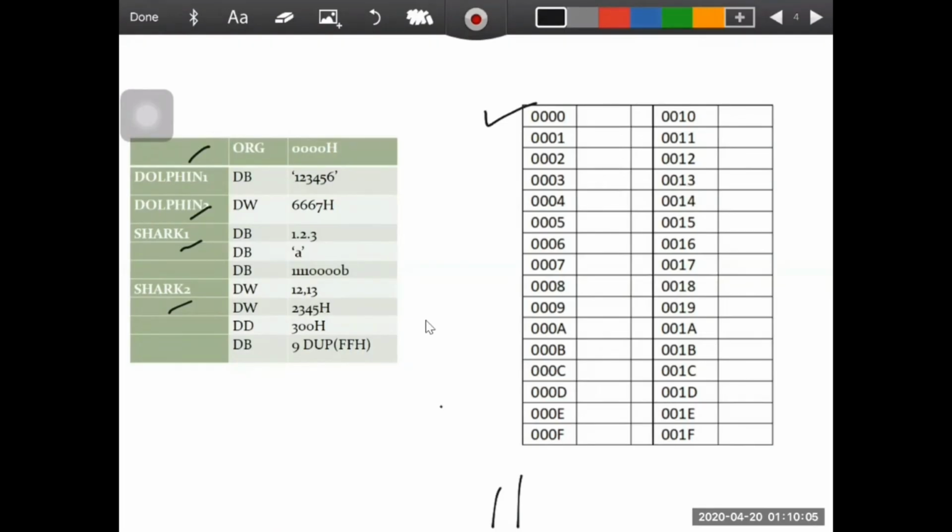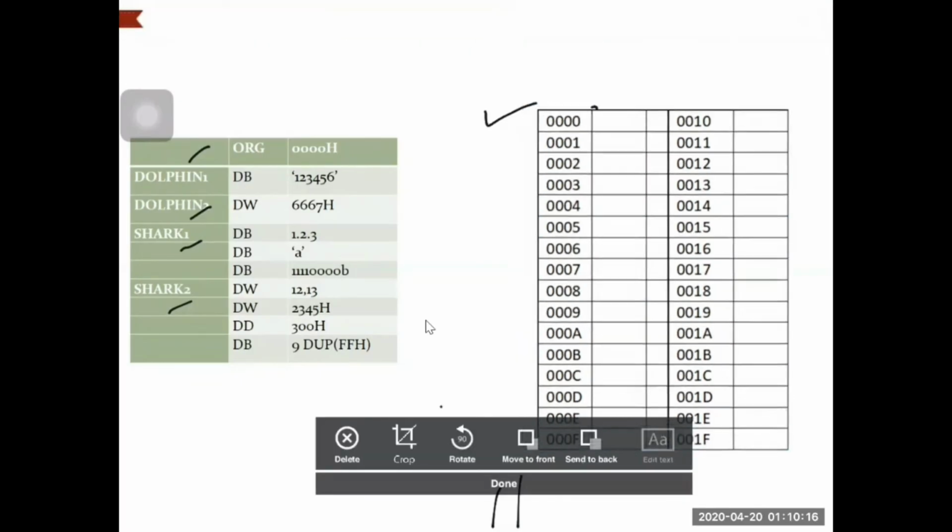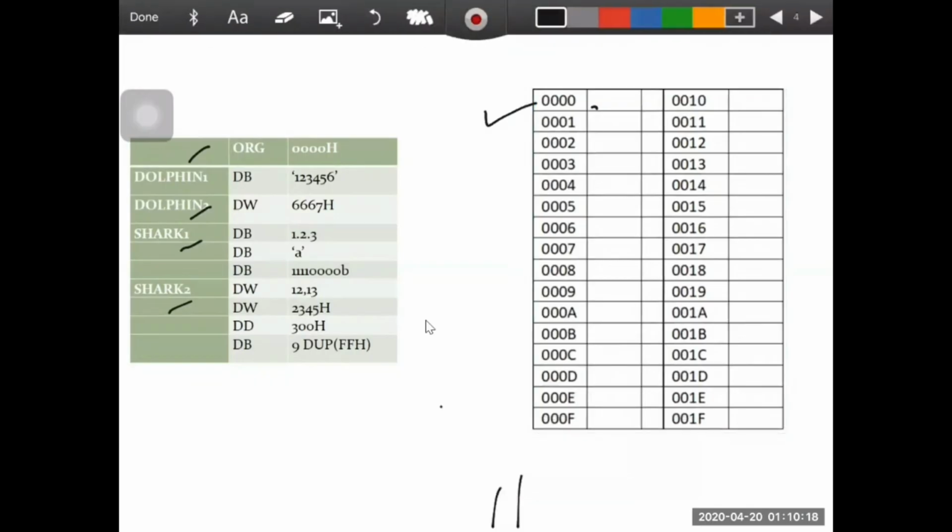So each byte will be allocated to each character. So the ASCII value of 1 will be 31, 32, 33, 34, 35, 36. Now this is dolphin 1.